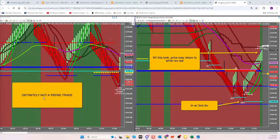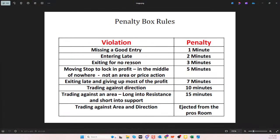Definitely not a trend trade. This goes against everything, but it's a pattern that's repeatable for Ron to get paid. So, guys, this was created...